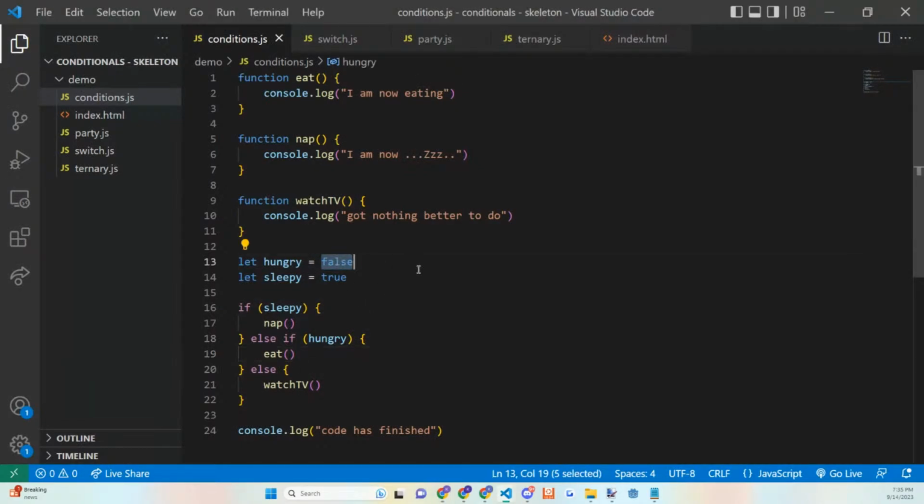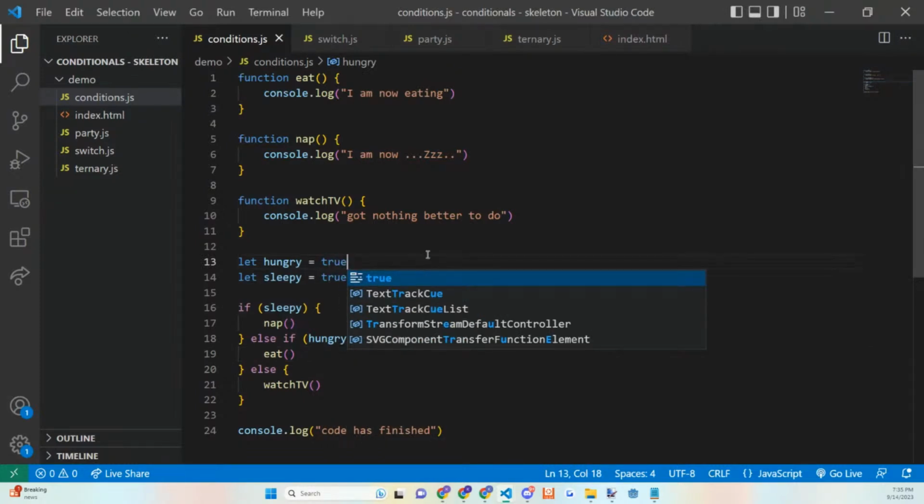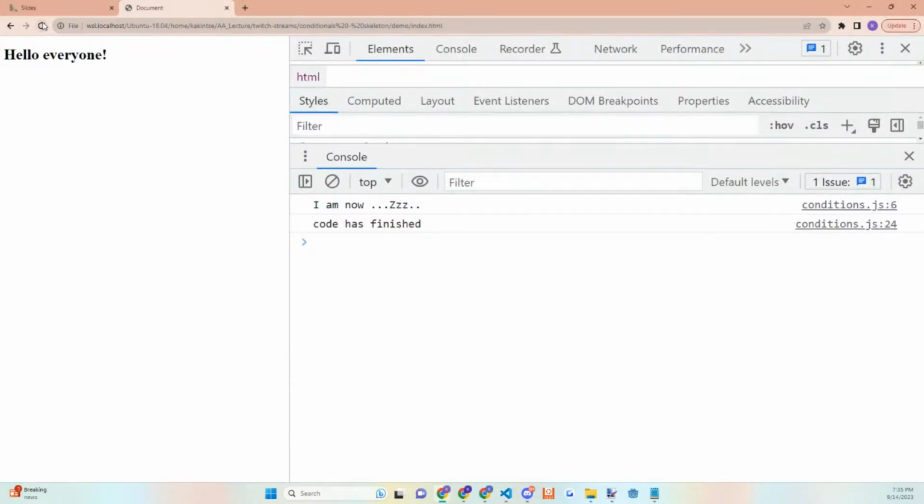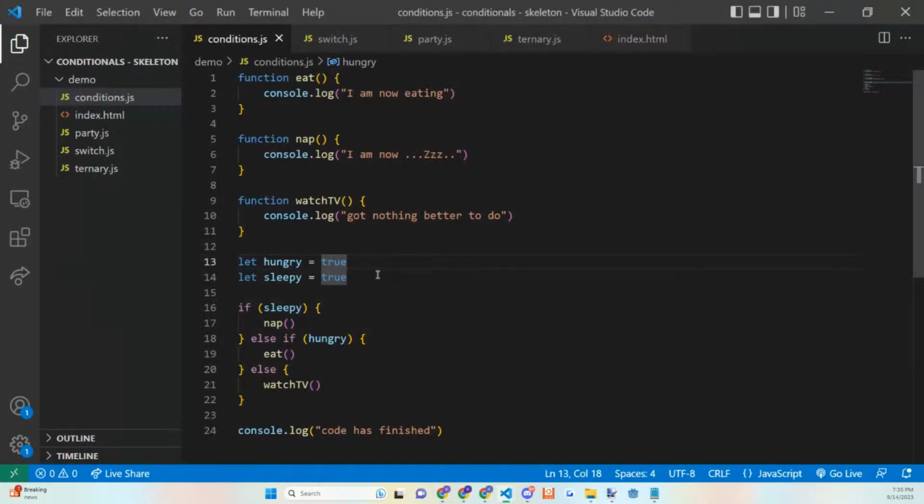But what if we make both of these true as we did before? If we make both of these true as we did before, we originally got eating, right? We originally got I am now eating. What do we now get? Now we still get I am now Z's. So the order of how you set up your conditions matters, right?